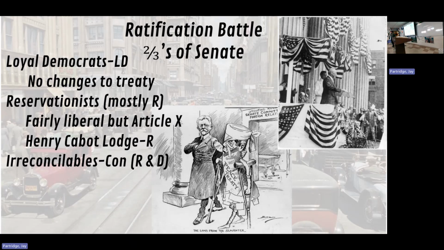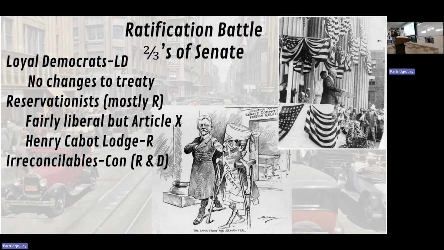Woodrow Wilson got back, and don't forget, he had the flu. He was different, noticeably different, probably more irrational. Now, he always believed that he was right. He had this feeling that I am right and everybody is wrong. If you disagree with me, you're totally wrong. But it's even more pronounced. And he looked at these senators and decided, I have to influence them to change their vote. Not, I'll make minor changes to the treaty to get you to vote. I'm going to make you reverse your position.